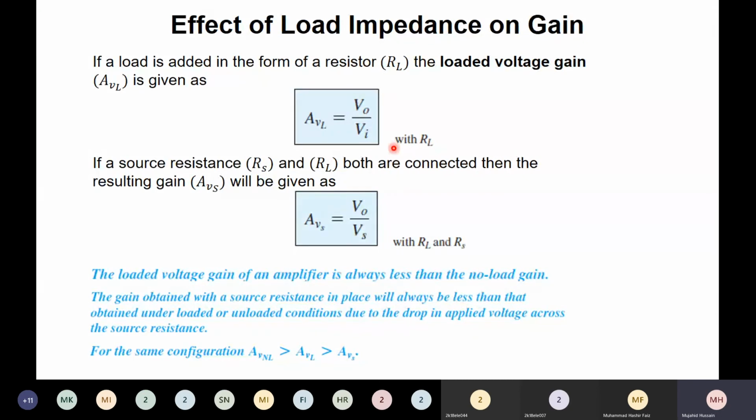Similarly, if we use a source having a source resistance RS, and simultaneously we connect the load at the output terminals of the transistor as well, then the resulting voltage gain will be another voltage gain that can be given by the ratio of output voltage V naught over Vs. This is the source voltage, and in this voltage gain we have included both